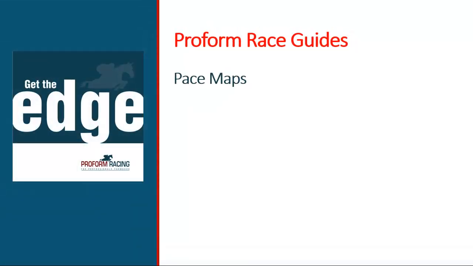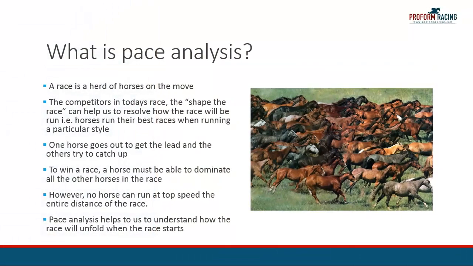When we're analysing a horse race, one question we should try to answer is, how is the race going to be run? To find out, we can apply a technique called pace analysis. A race is a herd of horses on the move. The competitors in today's race, the shape of the race, can help us resolve how the race will be run,